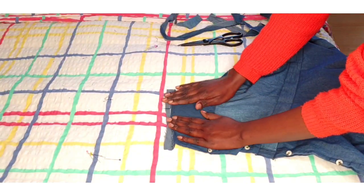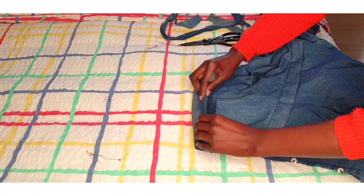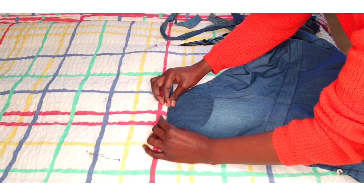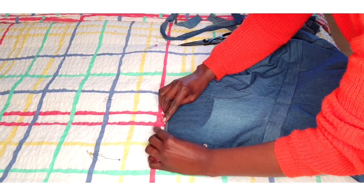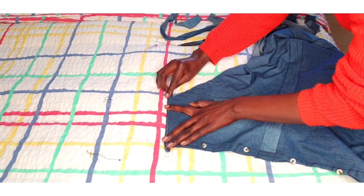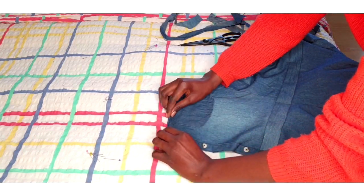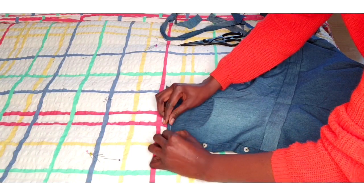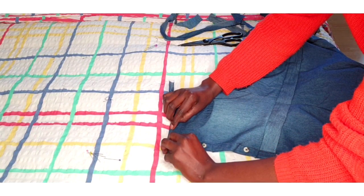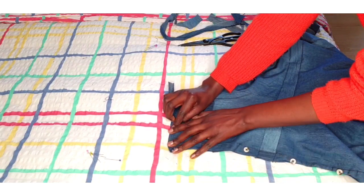So we're gonna lay it down and make the folds. I told you guys you can of course use a flat iron. It makes life so easy if you want to flatten these things. So make a double fold, and guys, fold it and cover that initial stitch that we made when we were sewing that cloth on the dress. You want to make sure that you make a double fold that covers the first stitch, because we only want one neat stitch on the top of the